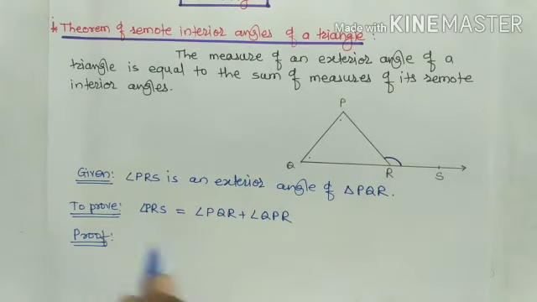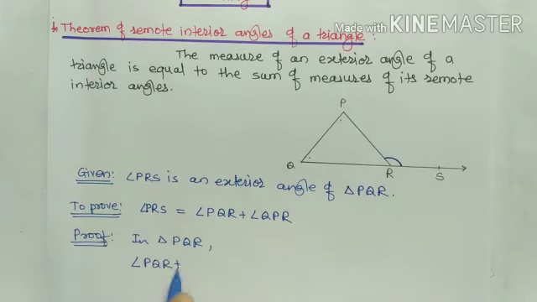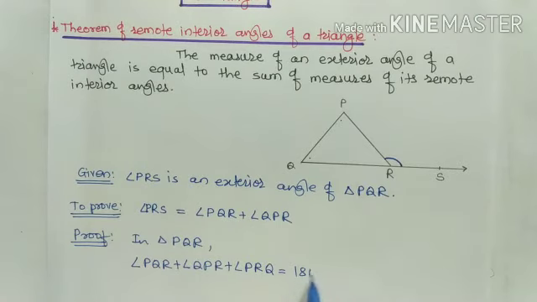See, in triangle PQR, this sum of all these three angles equals to 180 degree. So here we write angle PQR plus angle QPR plus angle PRQ equals to 180 degree. याला देऊया नंबर 1 reason angle sum property